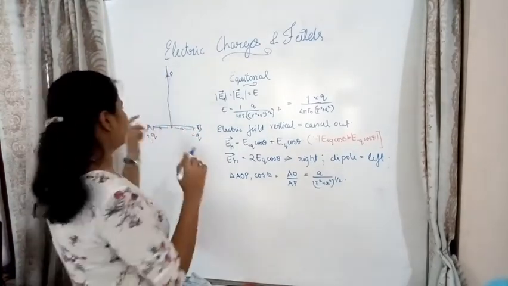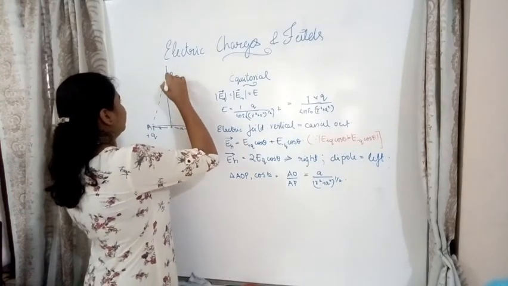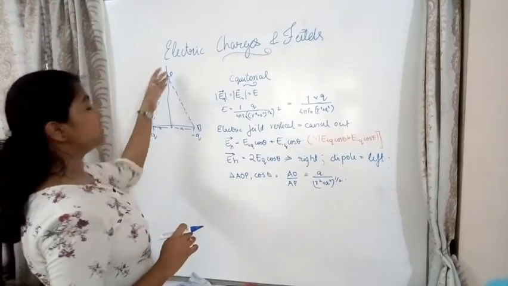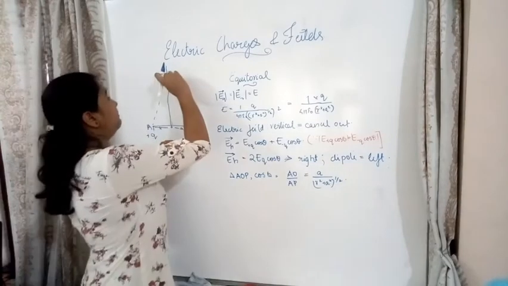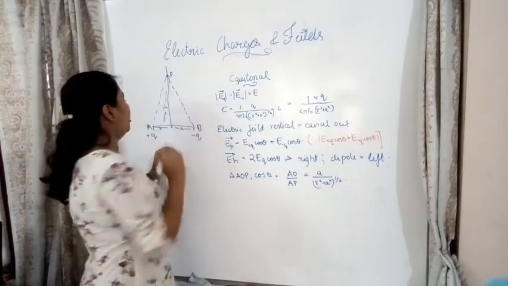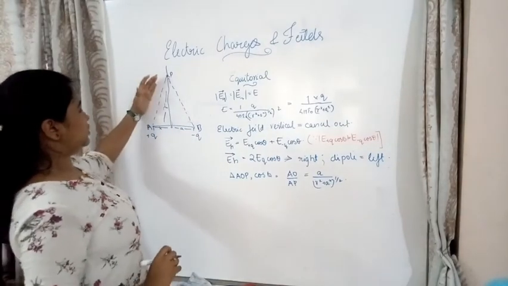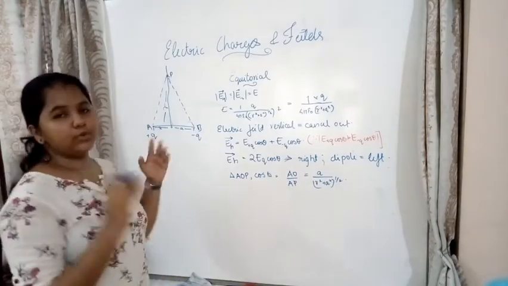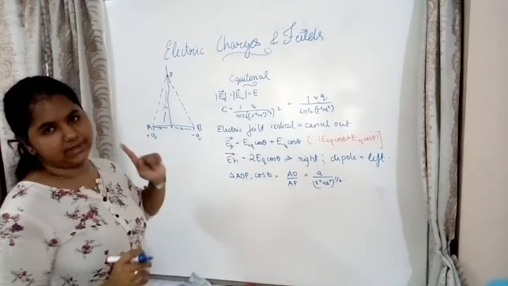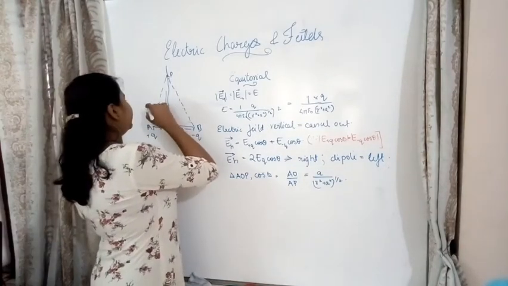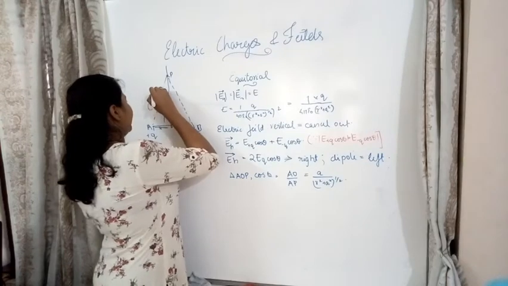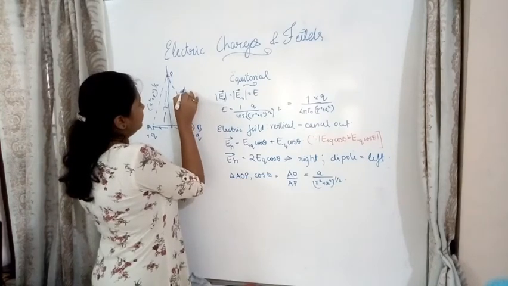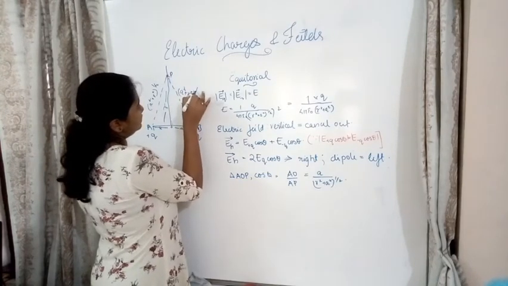So let's see what will be the influence of plus Q on P and minus Q on P at that point. The distance between P and O is taken as r. So what would be the distance between A and P? Applying the Pythagoras theorem, that would become the root of a square plus r square. So we'll write it as (a square plus r square) the whole raised to 1 by 2. Over here also it is the same: (a square plus r square) the whole raised to 1 by 2.